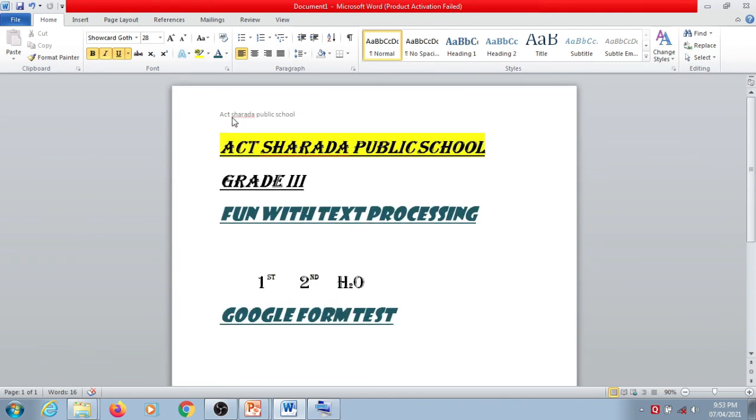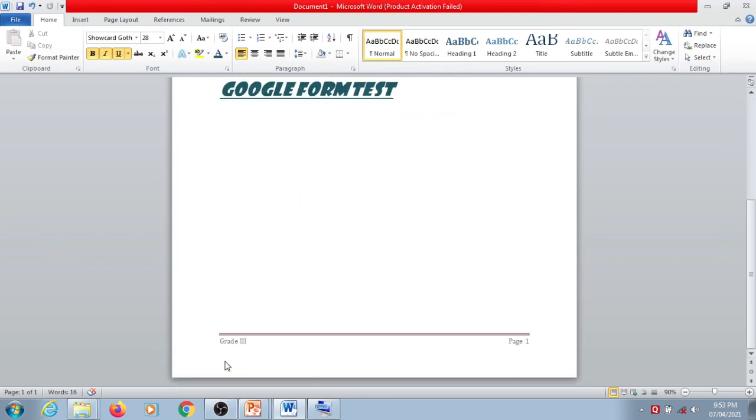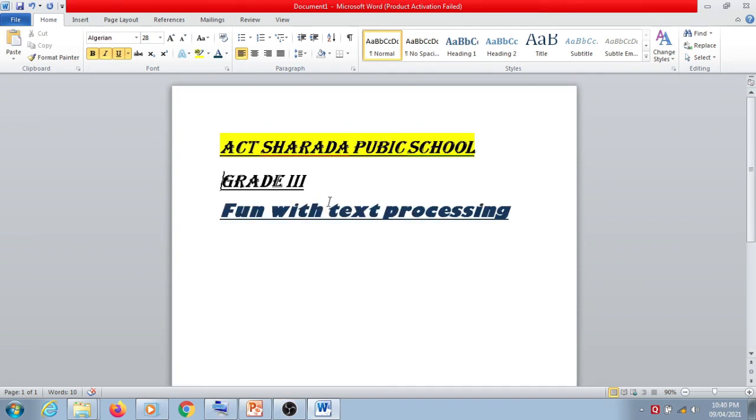Header appears on the top of the page. Footer appears on the bottom of the page. Now we will see how to change text color. Microsoft Word provides an option to change the color of the text. Select the text and click on the Home tab.